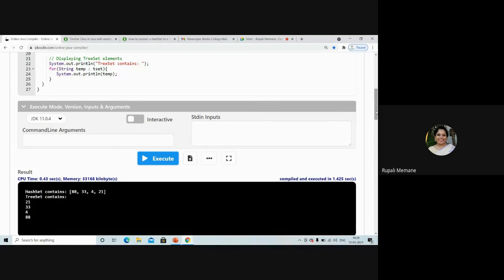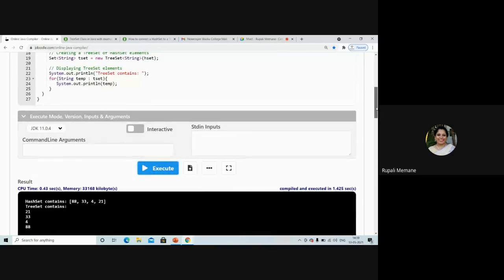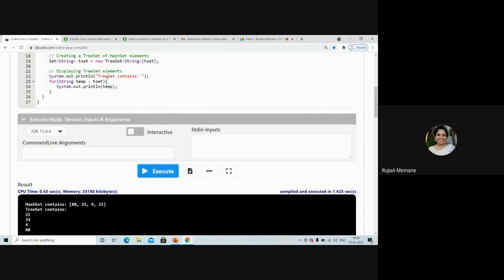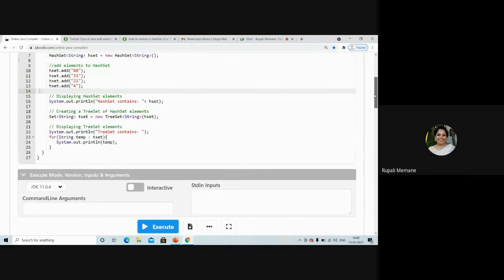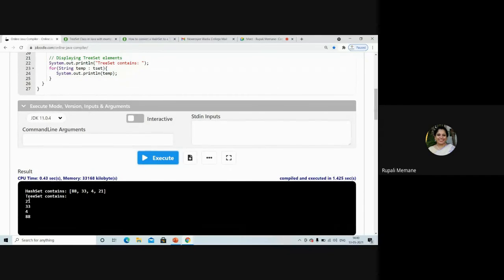Now, can you tell me why the tree set is not showing them in sorted order? Because it is considering them as strings, not as numbers. So it is not understanding the greater than value, because your tree set is of type string. Fine. So just check again in this hash set the numbers 88, 33, 21, 4, and how they are stored and how they are displayed here.